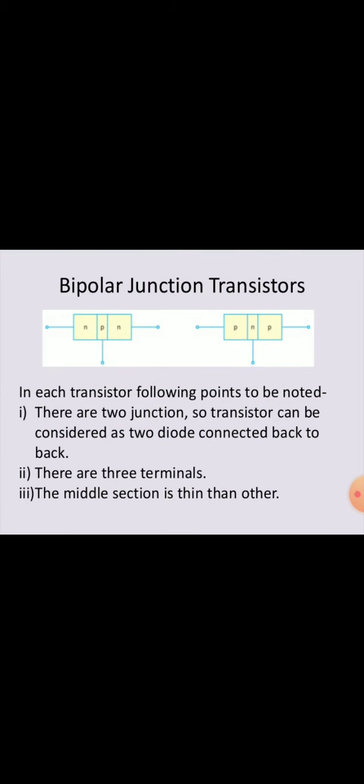In the bipolar junction transistor, there are two junctions. So it can be viewed as two diodes connected back-to-back. It also has three terminals.